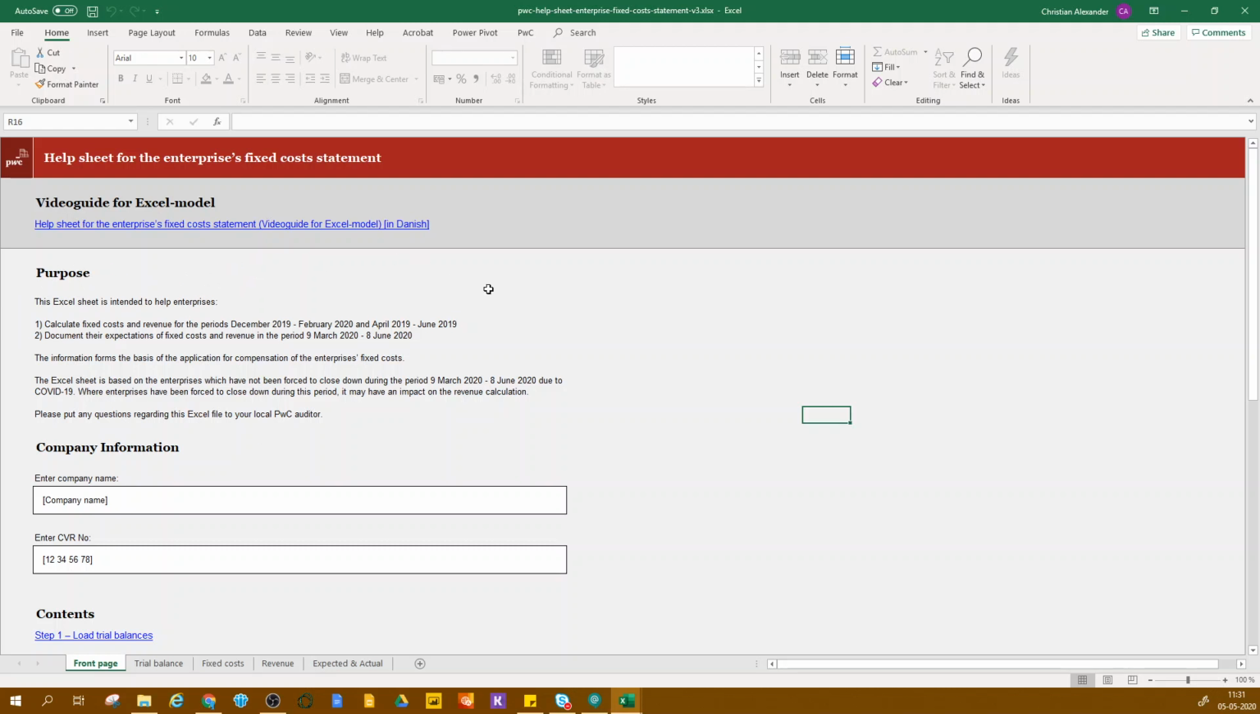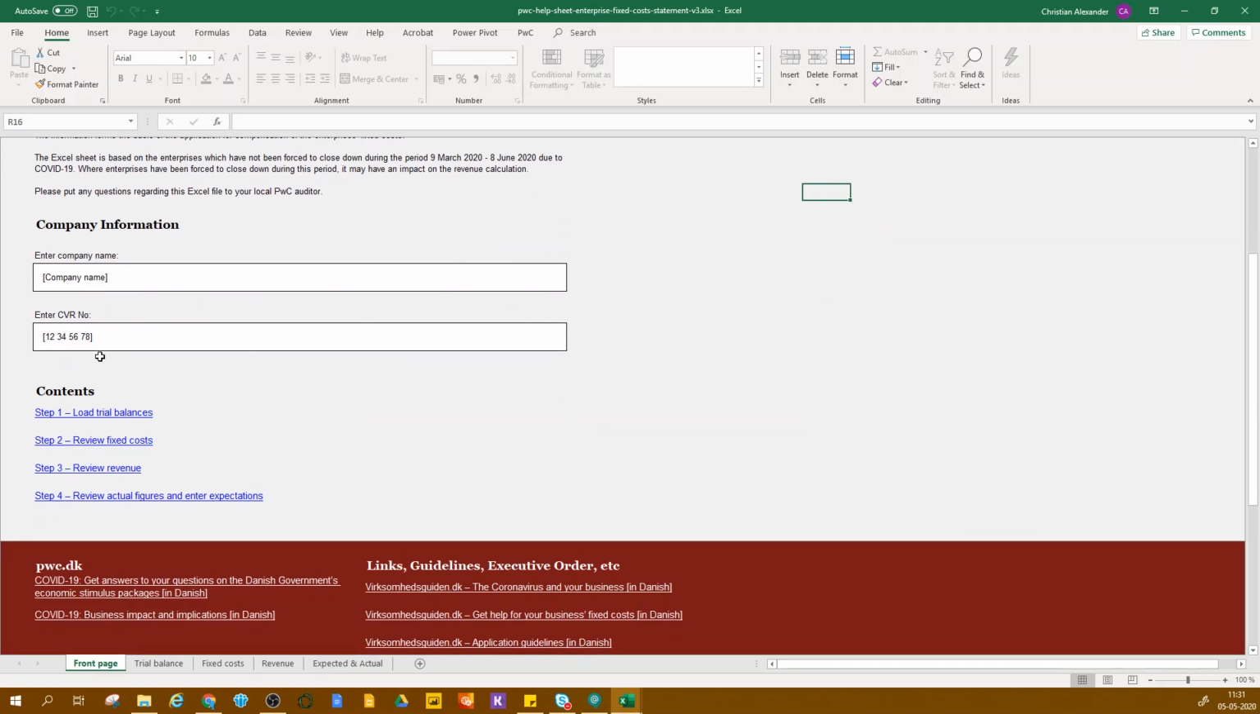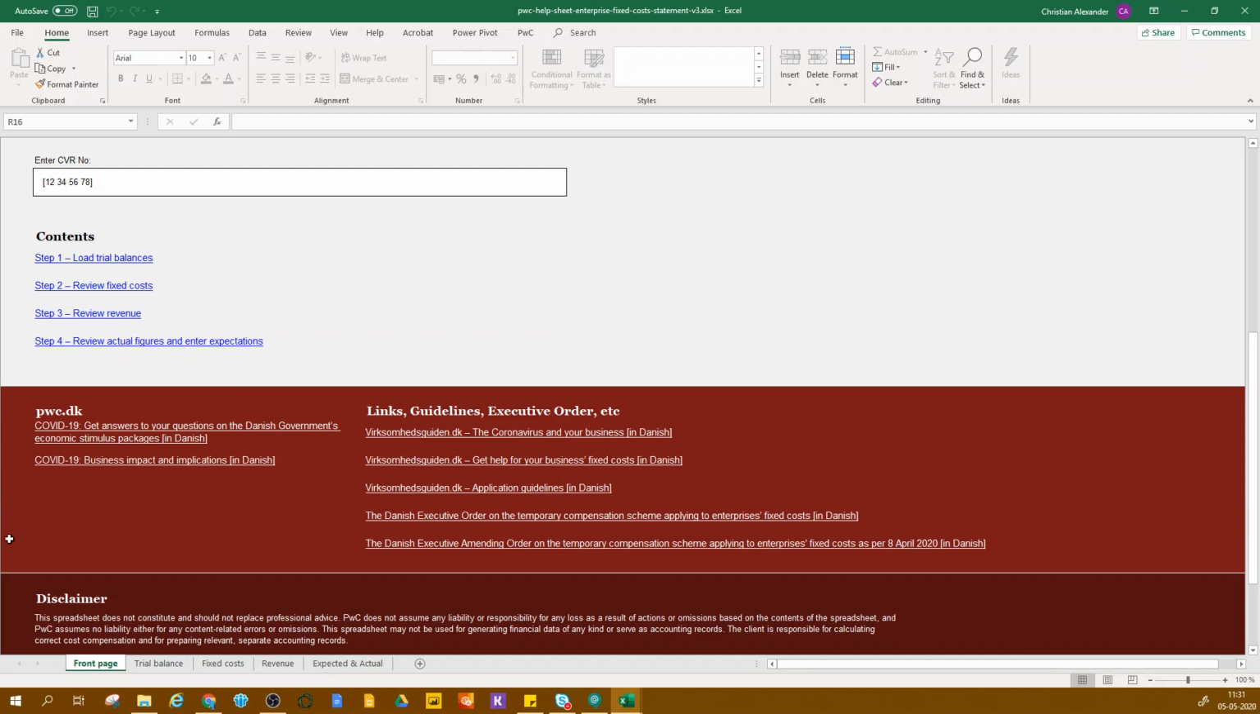So the purpose is, of course, to create the basis of the application for the compensation of the enterprise's fixed costs. You can enter your company information here, and then the model will take you into four different steps. There are loading of the trial balances, reviewing fixed cost, reviewing revenue, and reviewing actual figures and enter the expectations. Further down, you can see we have some useful links and guidance, and executive orders and stuff like that to different web pages where you'll be able to find information relevant to filling out this sheet and the